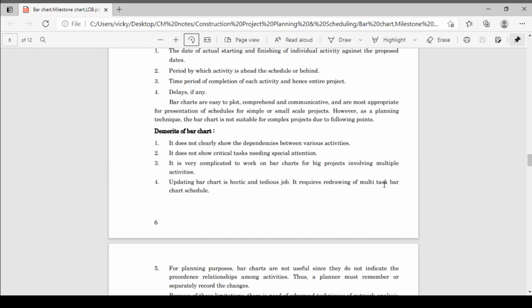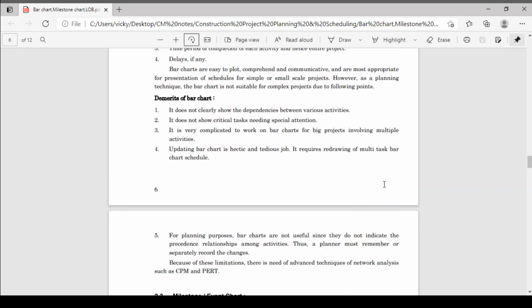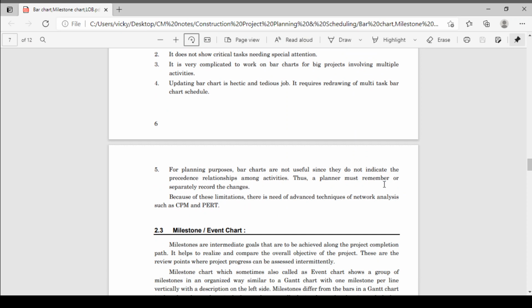Because there are n number of activities, in thousands or 2000s, so you cannot plot all the bar charts. So this is not possible for a big project. Updating a bar chart is a hectic and tedious job. Every time you cannot update the bar chart, so it becomes a tedious job. It requires redrawing of multiple task bar charts and schedules. So this is also one disadvantage.